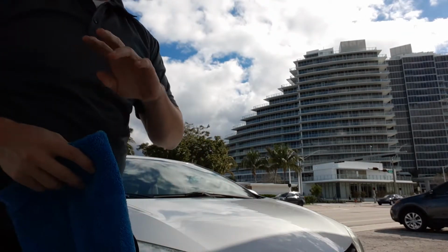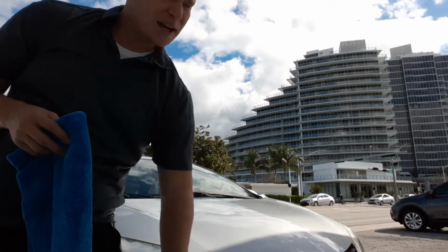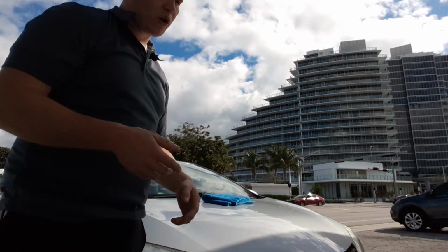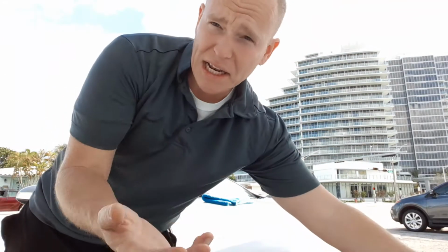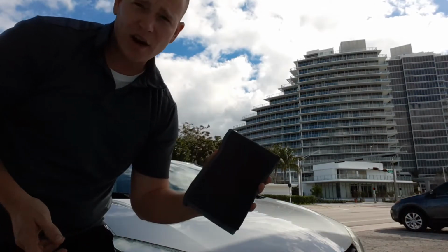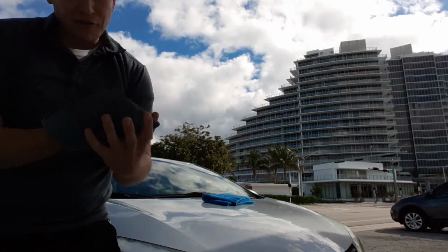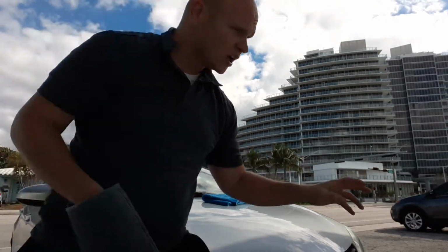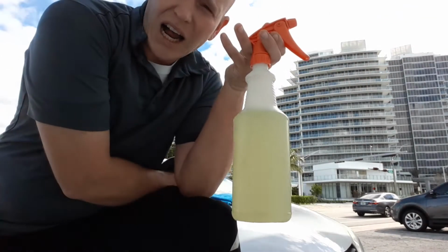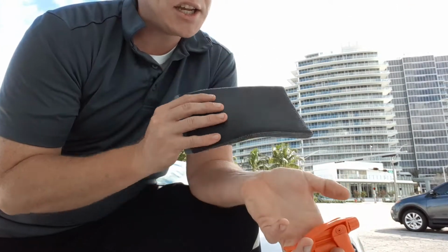Okay, great. So we wash the vehicle, or we wash the panel down. It's nice, it's smooth, it's slick. But another great use for 3D's Waterless Car Wash, or any waterless wash product that you can get a hold of, is the fact that it works great as a clay lubricant. My favorite purpose, besides interiors, of using 3D's Waterless Wash is to use it with some type of clay source. This is the Blackfire medium grade